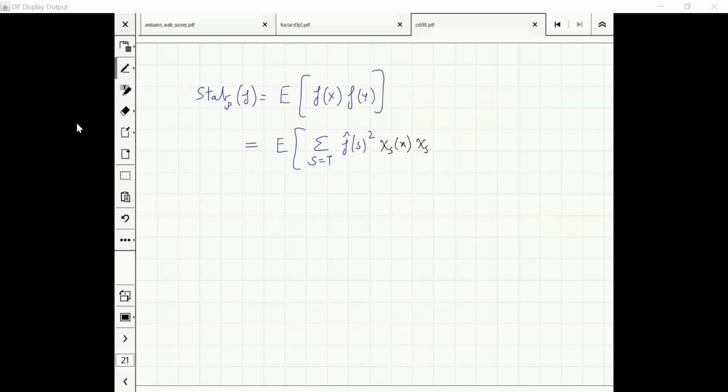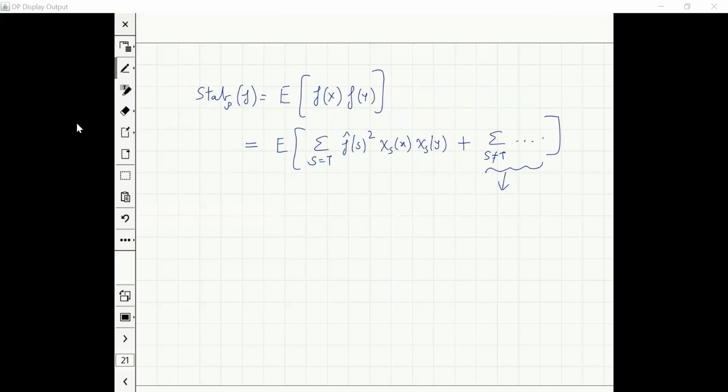Yes, very good. If I apply linearity of expectation, this term will go to, or let me just write it in terms of